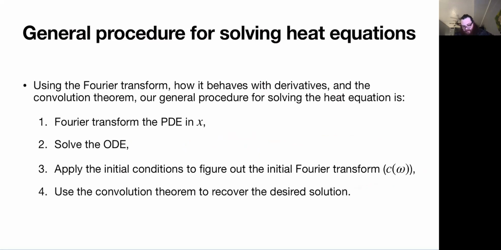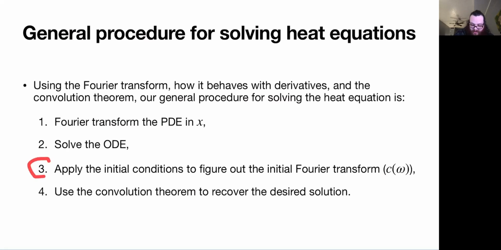Yeah, so everything in the last few slides is our general procedure for solving heat equations or similar linear PDEs on infinite intervals. Take the Fourier transform in x. We know how that plays with derivatives in t and x. Take the Fourier transform, and that gives you an ODE in t. Solve that ODE. Apply the initial condition to figure out what the C omega is,